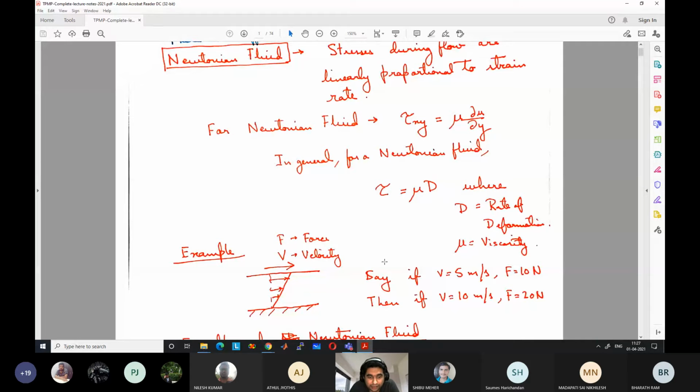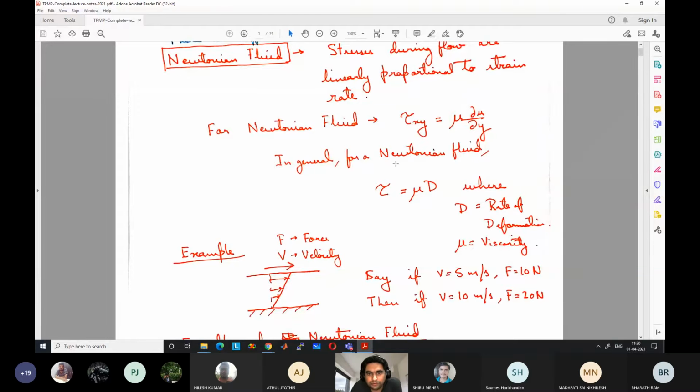Mathematically, for this 2D flow, the shear stress can be written as tau xy. So this is the stress along the x direction, along the horizontal direction, because of change in velocity in the y direction. Tau xy is the shear stress along the x direction due to change in velocity in the y direction, and can be defined as mu del u by del y, where mu is a constant of proportionality known as viscosity. Del u by del y, of course, is the velocity gradient along the y direction, the change in u along y. So this gives us the shear stress.